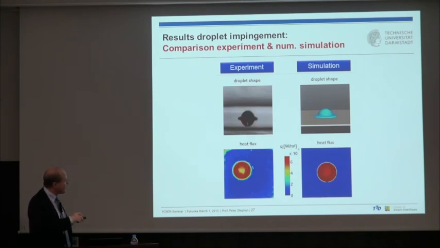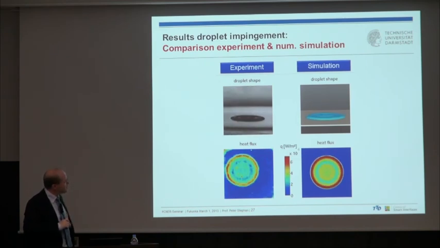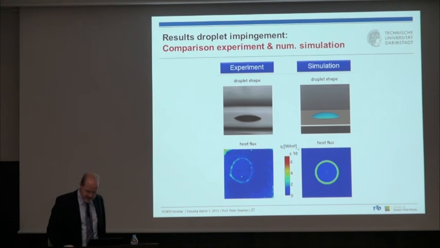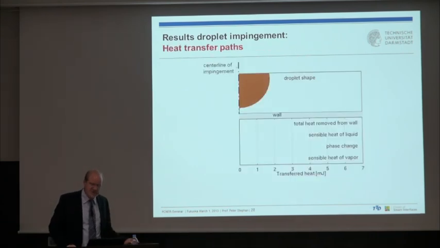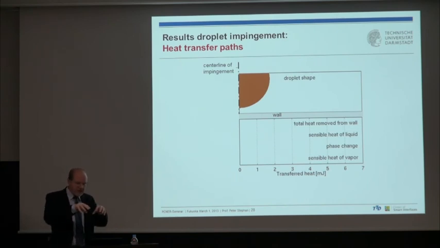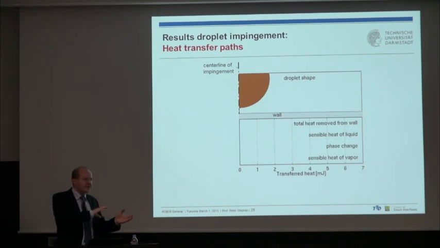But of course here you see some fluctuations of heat flux, because the experiment is never perfect as in the two-dimensional rotationally symmetric simulation, but it looks very close, and the details are quite nicely reproduced by the numerical simulations. Now, from the numerical simulations, we can go into much more detail of the transport phenomena than we can in the experiment, because in the numerical simulation, we see exactly where the heat goes.